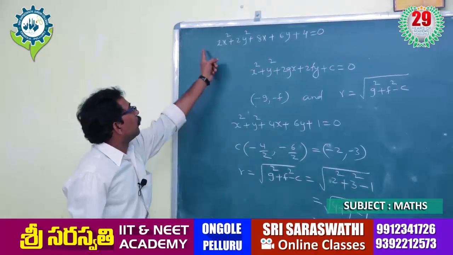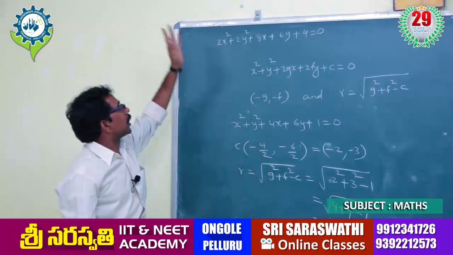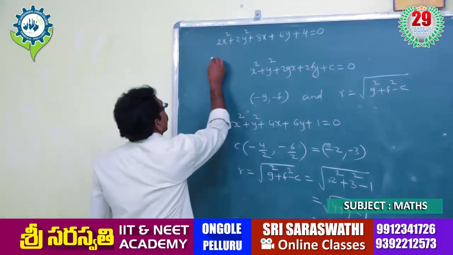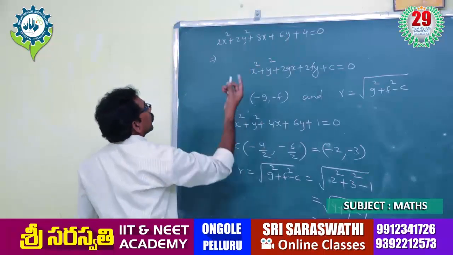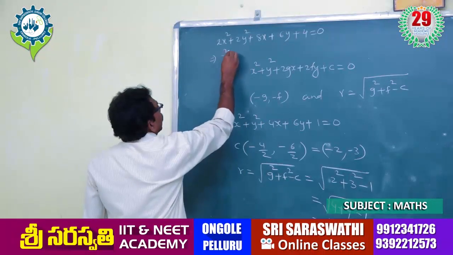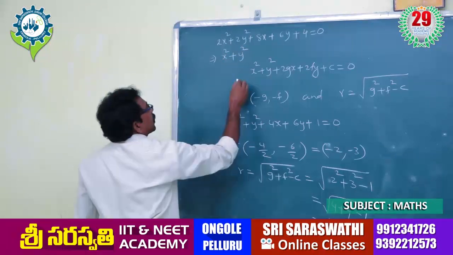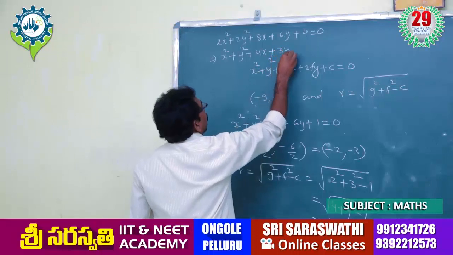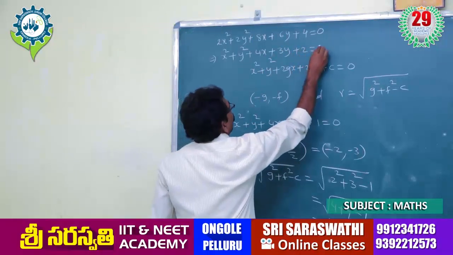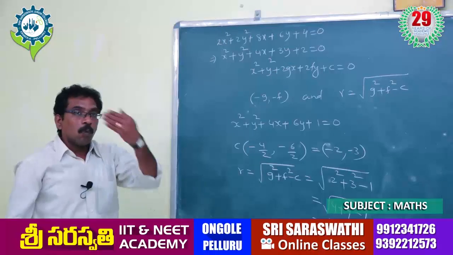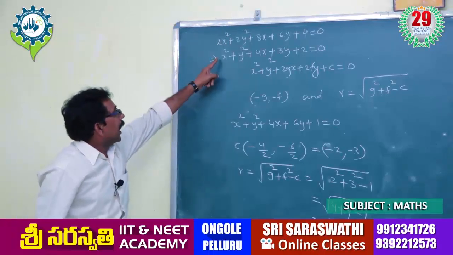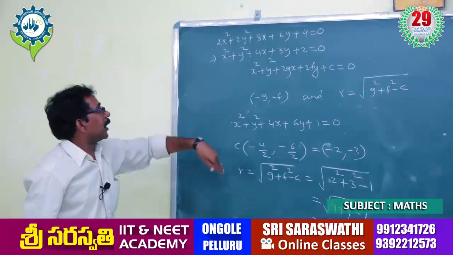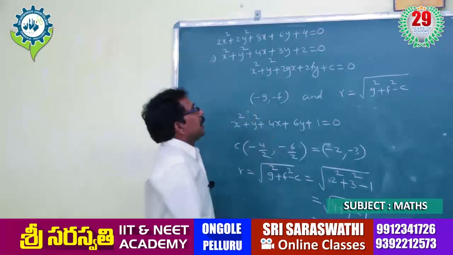So divide the complete equation with the number 2. Hence if we divide with 2, then we get x square plus y square plus 4x plus 3y plus 2 is equal to 0. Once we get x square and y square coefficient as unity, then we can easily write